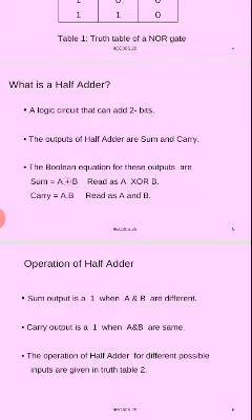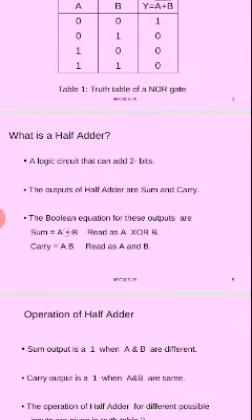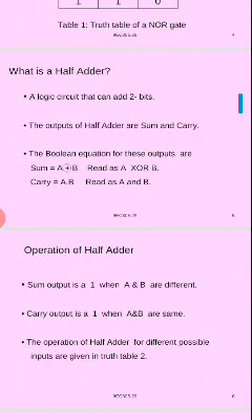The outputs of the half adder are sum and carry. The Boolean equations for these outputs are